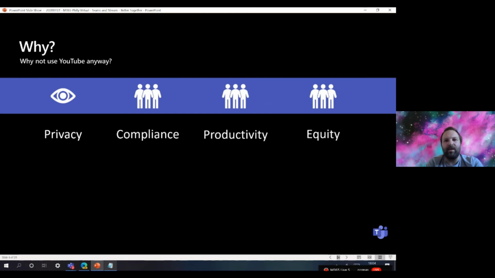And finally, this might seem like a strange reason, but the 4th reason is what we call equity. That means everyone within a business or an organization having equal access to those assets. Again, if we go back to a public video platform like YouTube, some users find it really hard to navigate that or to find and search for what it is that they're looking for. By having a private video platform, we can make it very easy for users in our organization to be able to access those assets, but access them as equals.